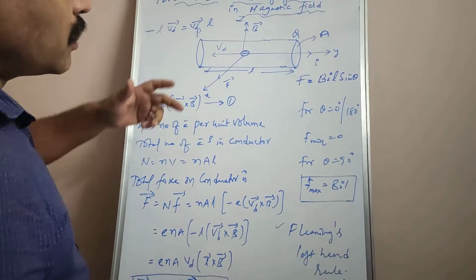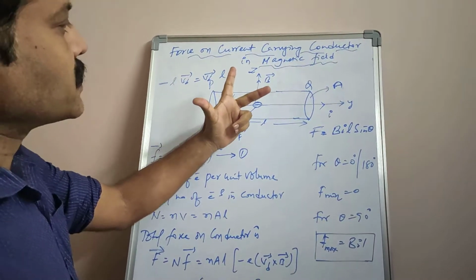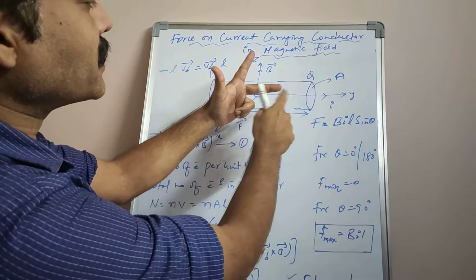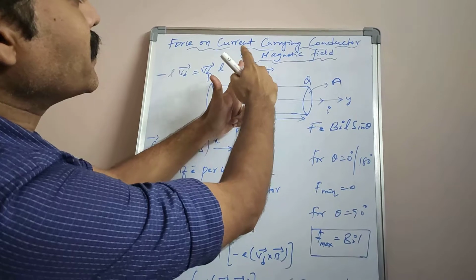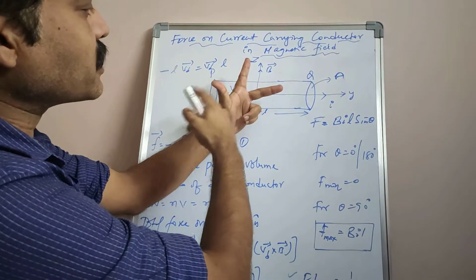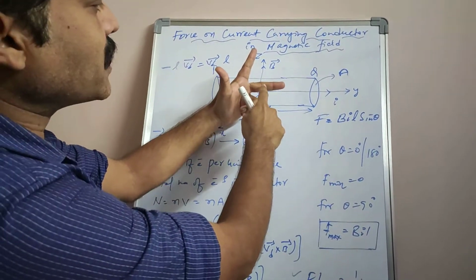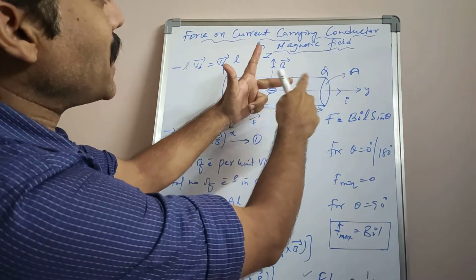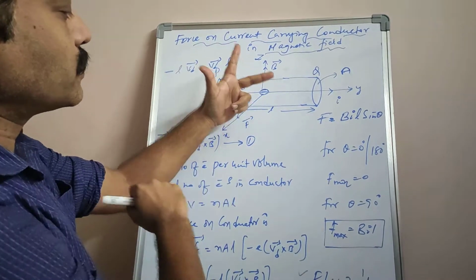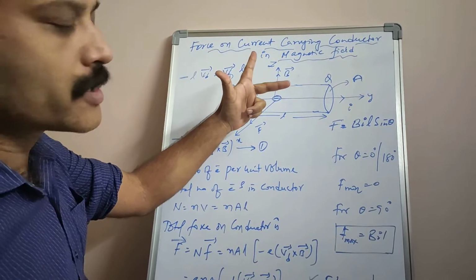Okay. So stretch the first 3 fingers of your left hand in such a way that the central finger indicates the current, the forefinger indicates the direction of the magnetic field, and the thumb indicates the direction of force acting on the conductor or motion of the conductor. So that means if current flows along the y-axis and the magnetic field is in the z-axis, then the force experienced by the conductor will be towards the x-axis. Okay, so all the three should be mutually perpendicular to each other.